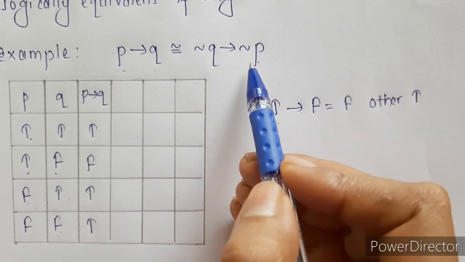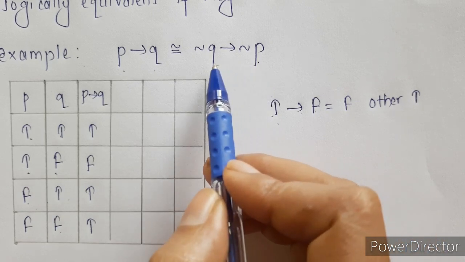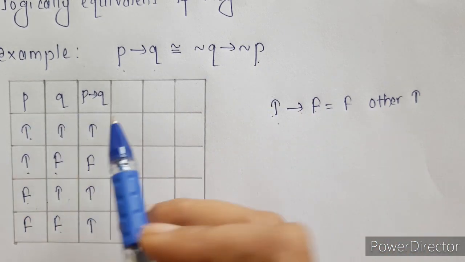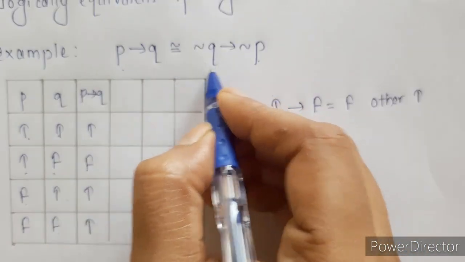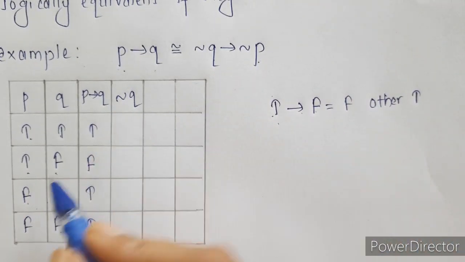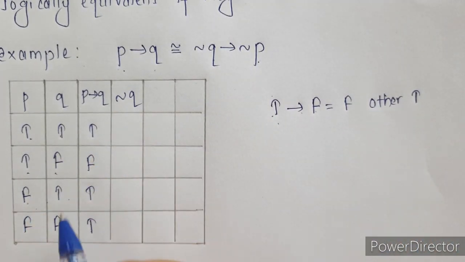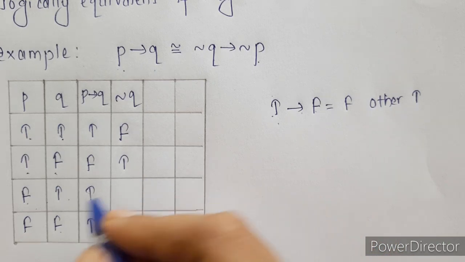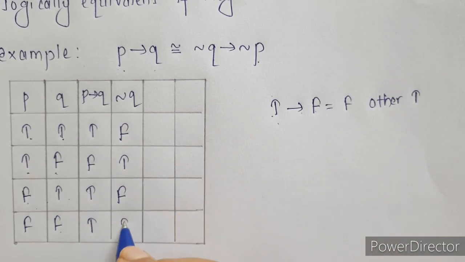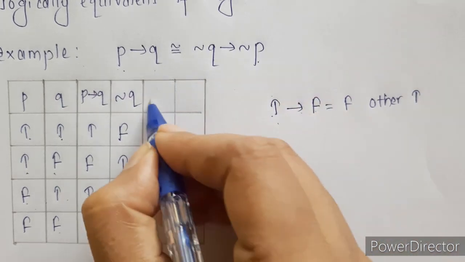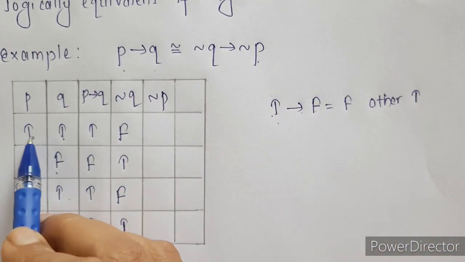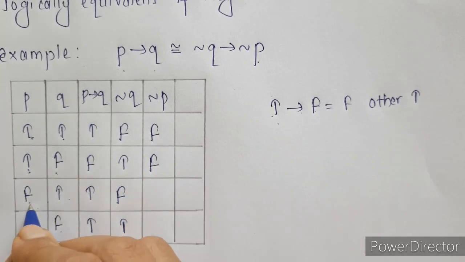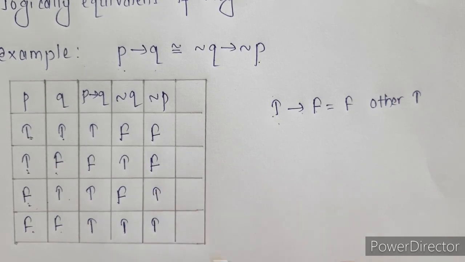So let's move to the right hand side. Now for the right hand side, first we need to know the negation of Q and negation of P, as we have P and Q and not negation. So let's write negation first. I am starting with negation of Q. So this is my Q, I have to write negation of Q. In negation, if it is true, this is going to be false, then true, again true, then false, and then false, then true. Next, negation of P. If this is true, this is going to be false, again true, so this will be false, false, then true, false, so this is also true.